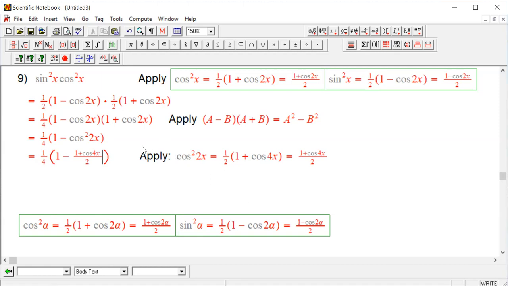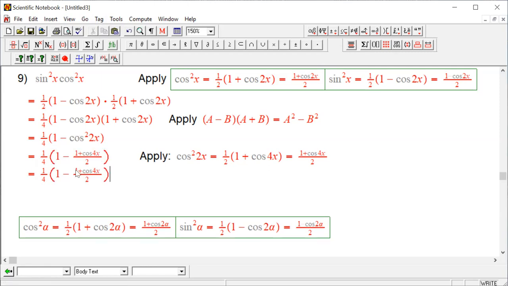Boom. And then common denominator, right? So we're gonna rewrite 1 as 2 over 2. So 2 is factored out, and we will have